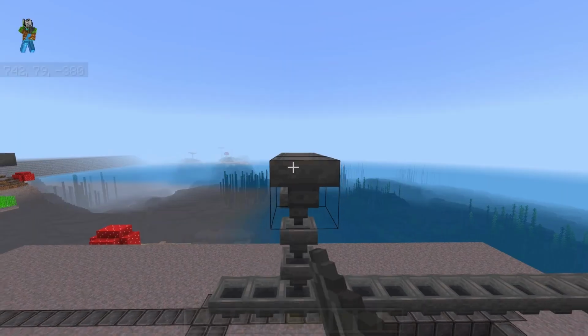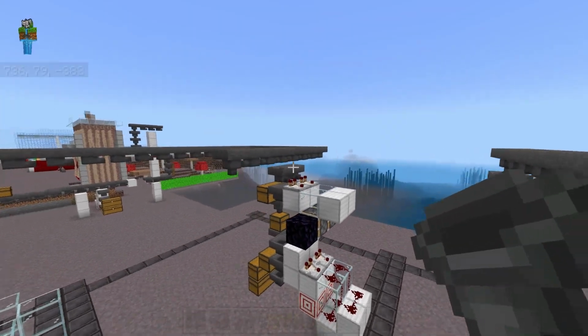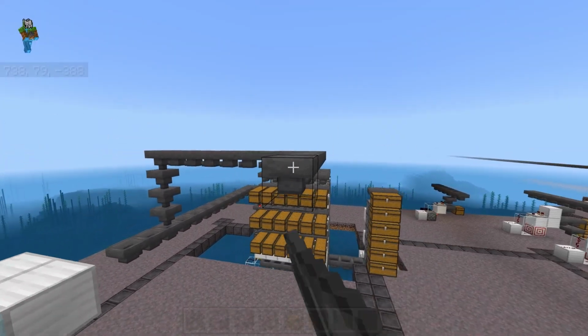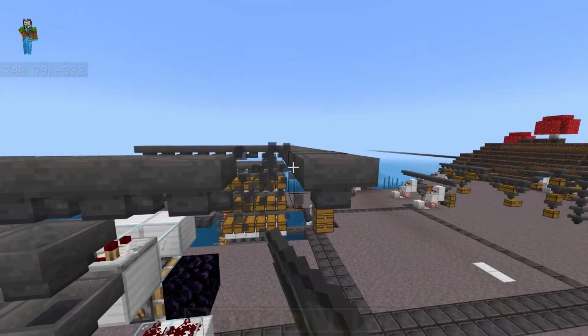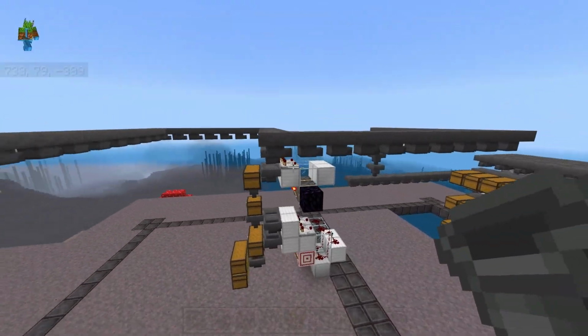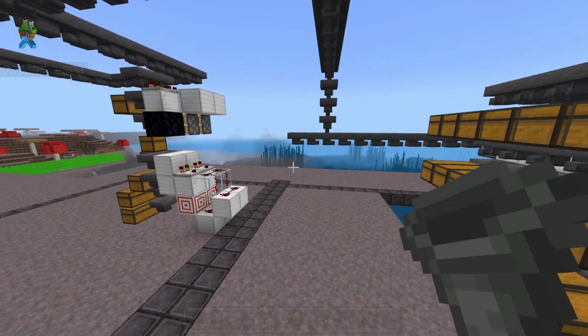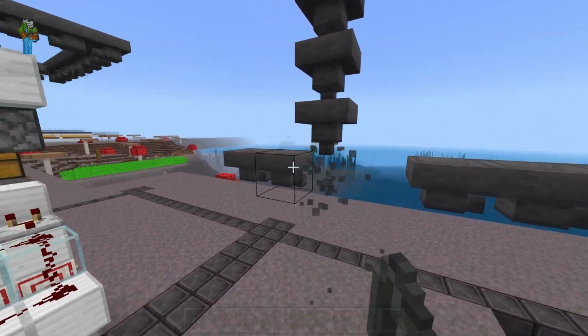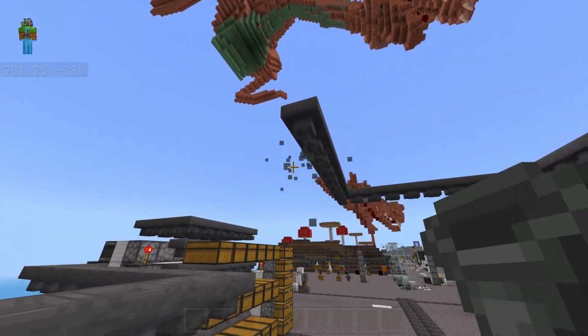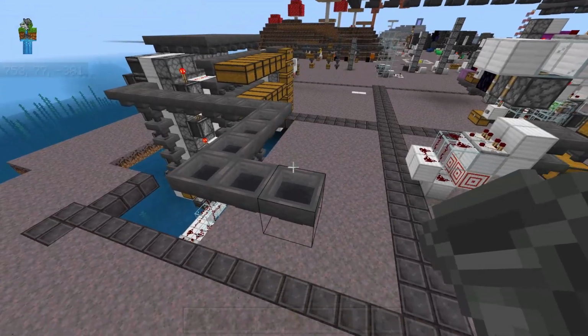And so what I'm going to do now is curve this topmost line around so that we have room for another row of double stacked item sorters. A lot of times I will build like a giant S in the sky out of the hoppers for our topmost intake, and then you kind of move that down, build another S underneath that, and then eventually run that